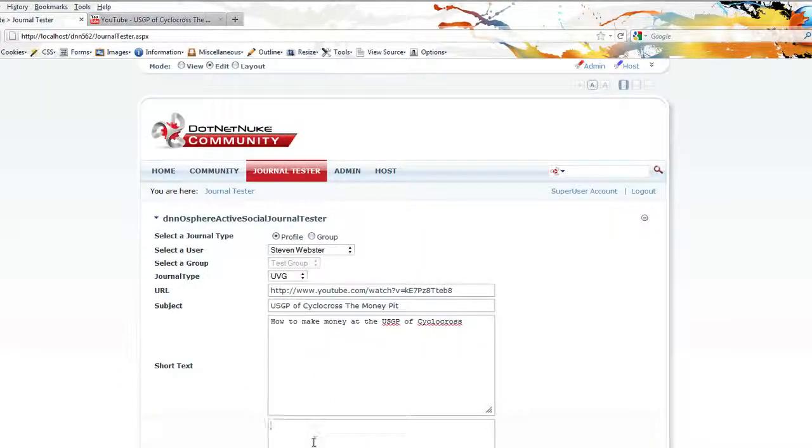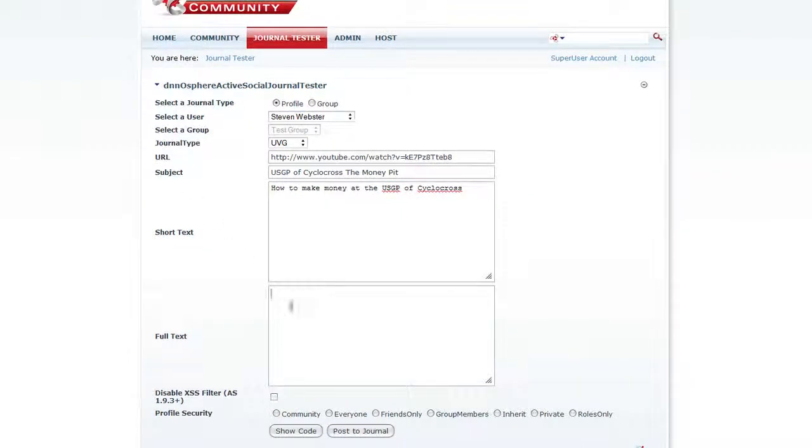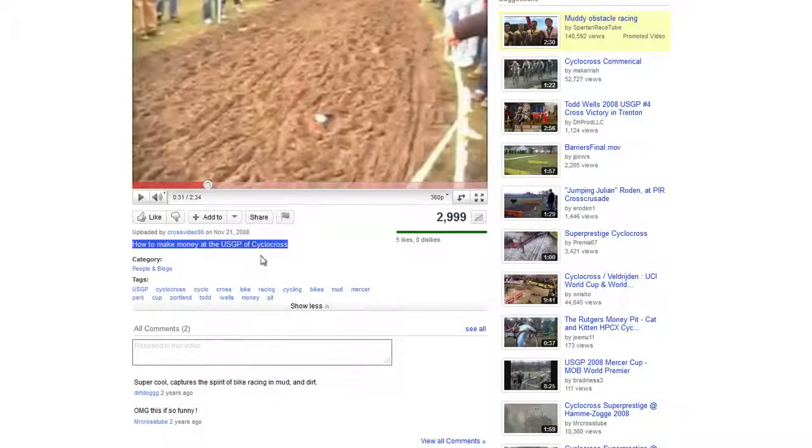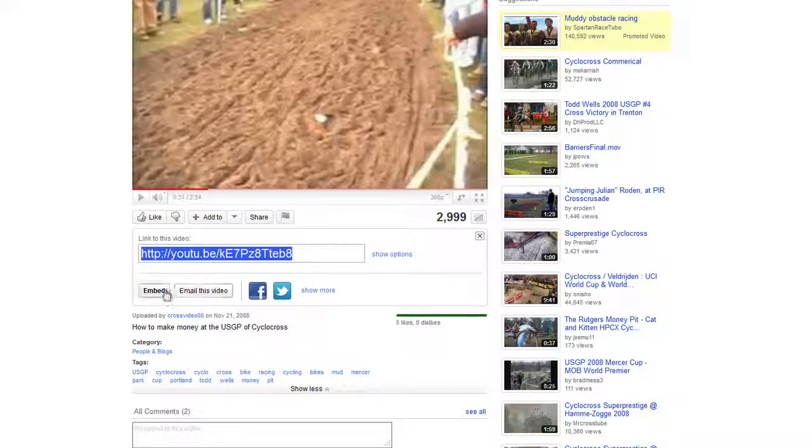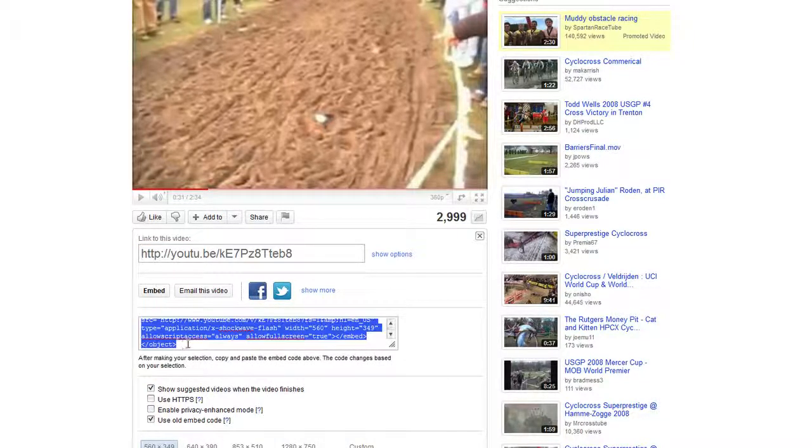Now this is the cool part. This is new. In the full text area before, if we put in an embed code, the cross-site scripting engine would strip it. It would see that as a potential XSS attack, and it would remove it, which is a nice feature. But in some cases where a third-party module wants to put trusted rich media content in there, it kind of became a problem. So I'm going to go in here to YouTube. I'm going to click on share and embed. I'm going to use the old embed code, and we'll size it. That's a good size. I'm just going to copy this,